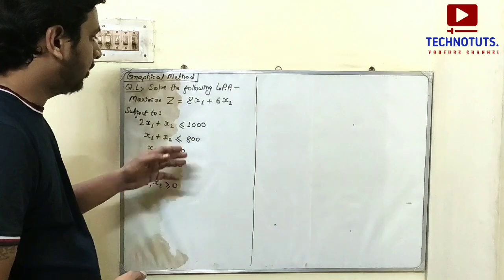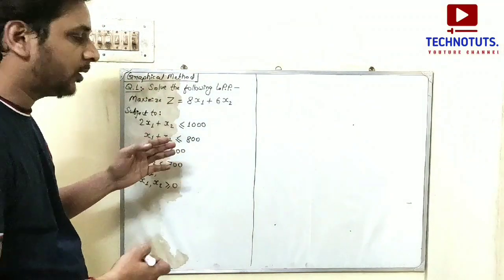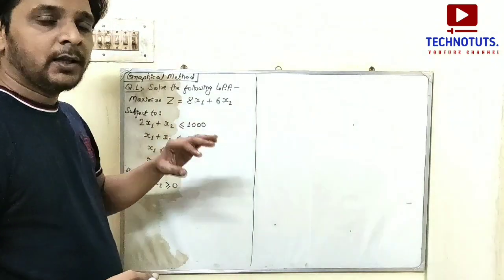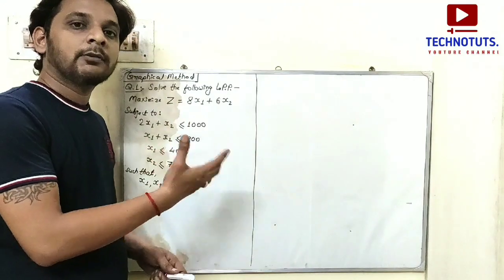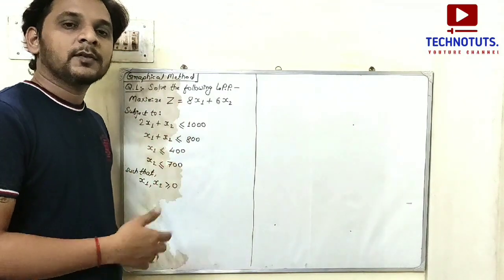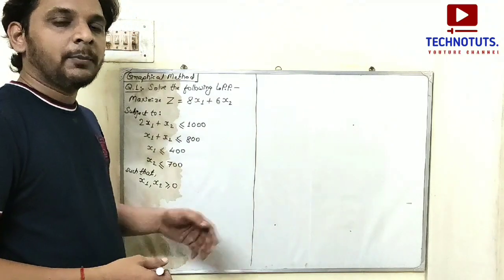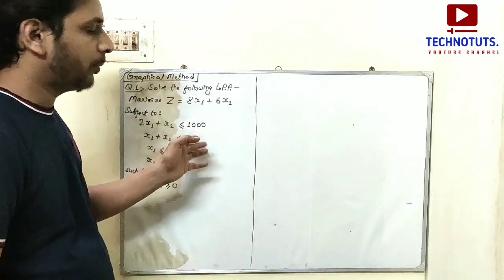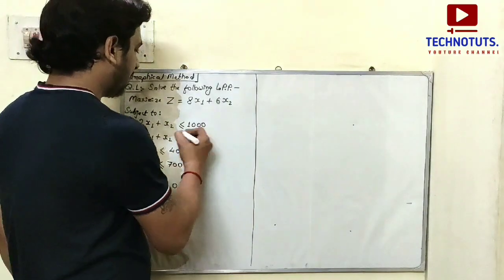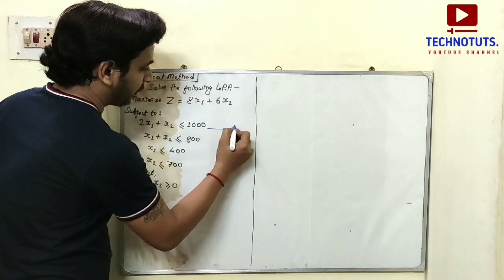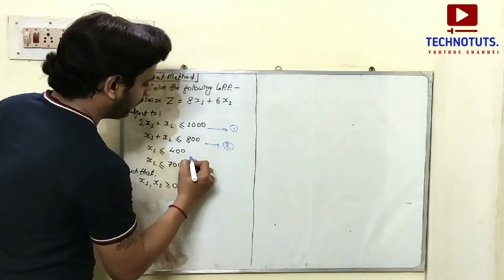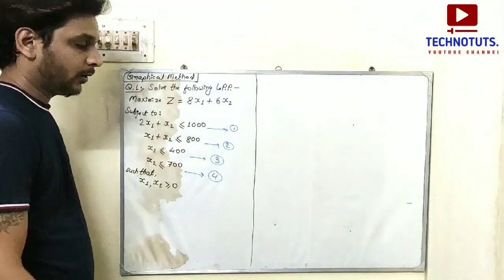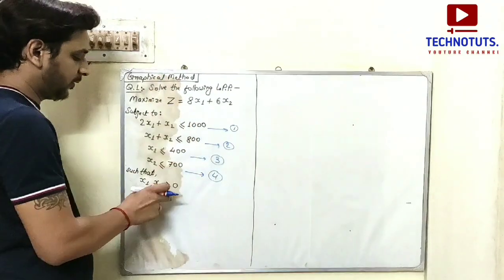In any method, we first have to convert the given set of equations into its standard form. In an earlier video I explained the conversion of the given LPP into standard form, which is used for the simplex method and the Big M method. In the graphical method, we directly equate all the signs with equal to. Let this be equation number 1, this equation number 2, this equation number 3, and this equation number 4. These are the constraints, this is the objective function, and this is the non-negativity condition.